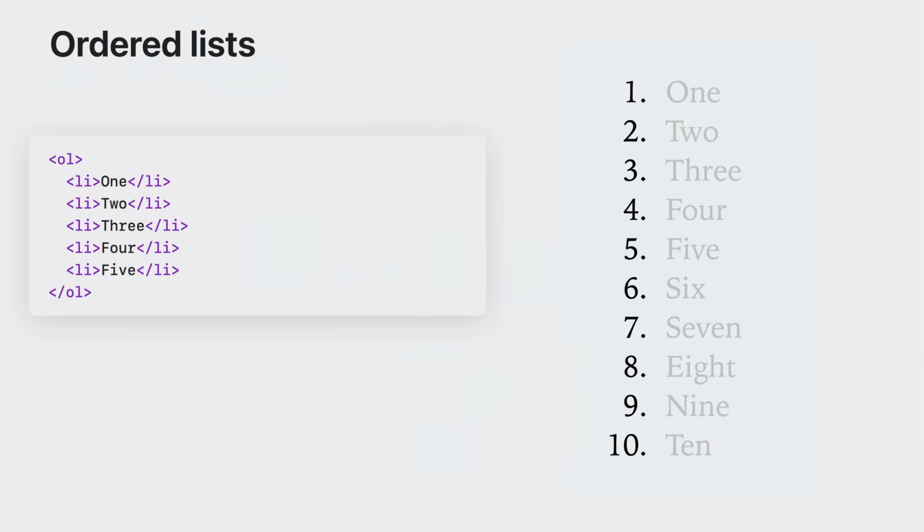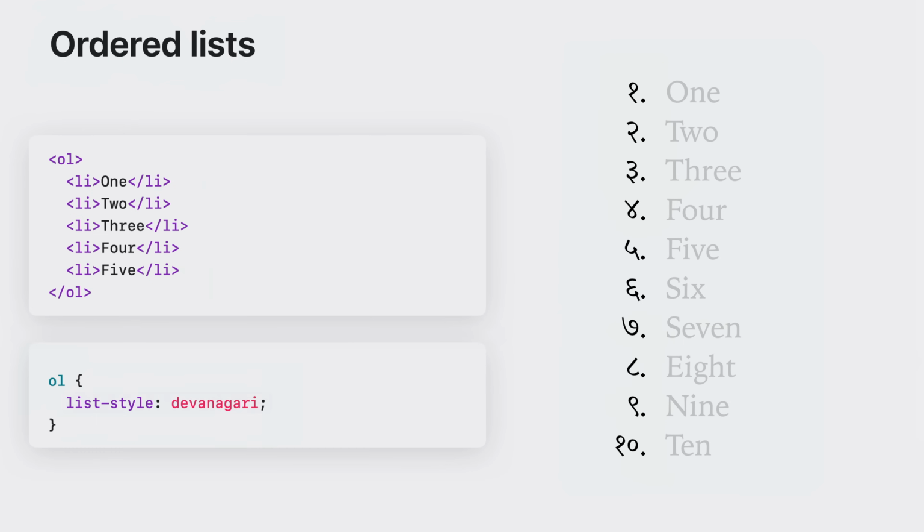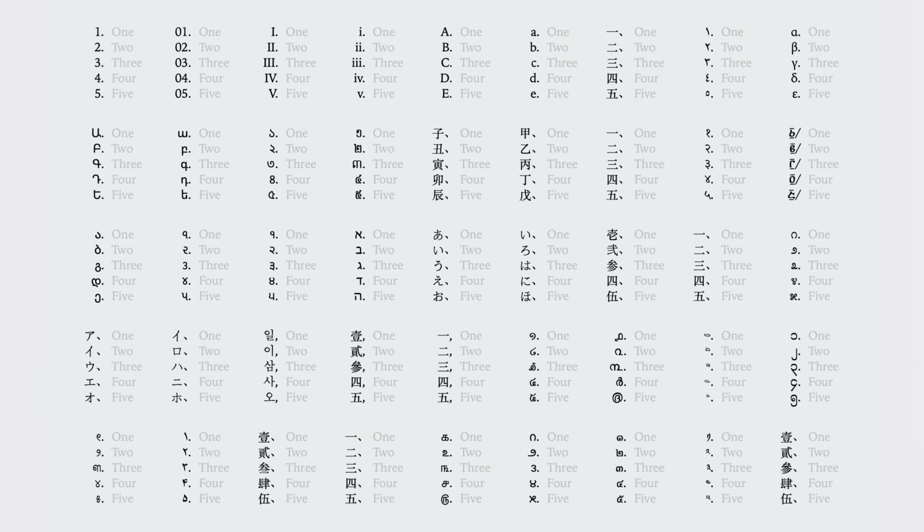Meanwhile, here's something that has great support across browsers and will soon come to Safari 17, counter styles. You're probably very familiar with ordered lists in HTML, where using the OL element automatically numbers a list of items. CSS provides an easy mechanism for changing which numbering system is used. Here, I'm applying list style Devanagari. There are dozens of different predefined numbering systems that can be applied with one line of CSS, covering many languages around the world, but not all.